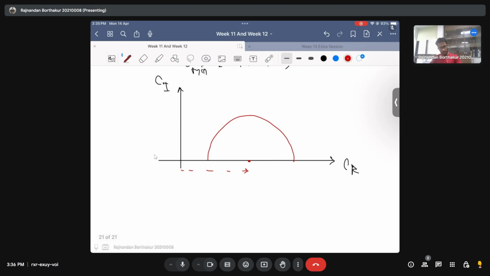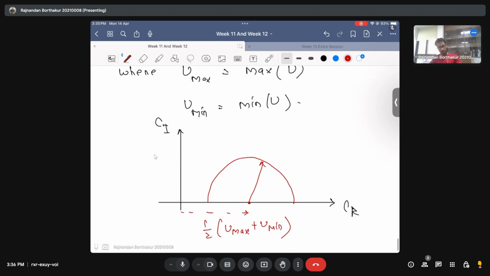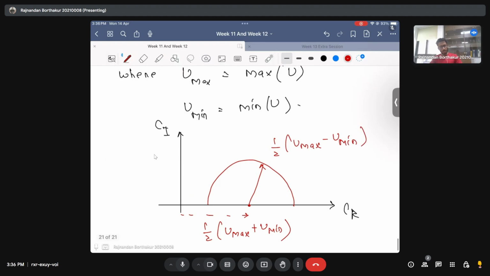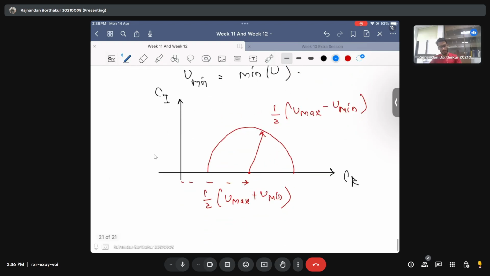And then this radius is half of U max minus U min. Which means that if your Ci lies inside this semicircle, for instance in these points, in this zone, then